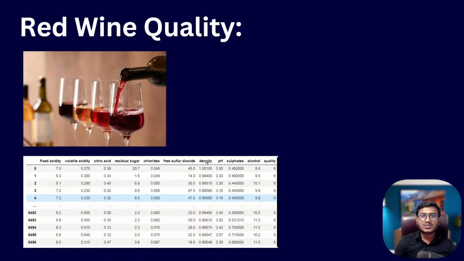So guys, the problem statement we'll be solving in this video is wine quality prediction. I think you already are familiar with this dataset, right? The wine quality prediction dataset is already available on the Kaggle website. If you just search wine quality dataset Kaggle, you will get this dataset. In Kaggle, you will see lots of competitions going on with this dataset, right? So we'll be using this dataset because, as I already told you, first of all we'll be starting with